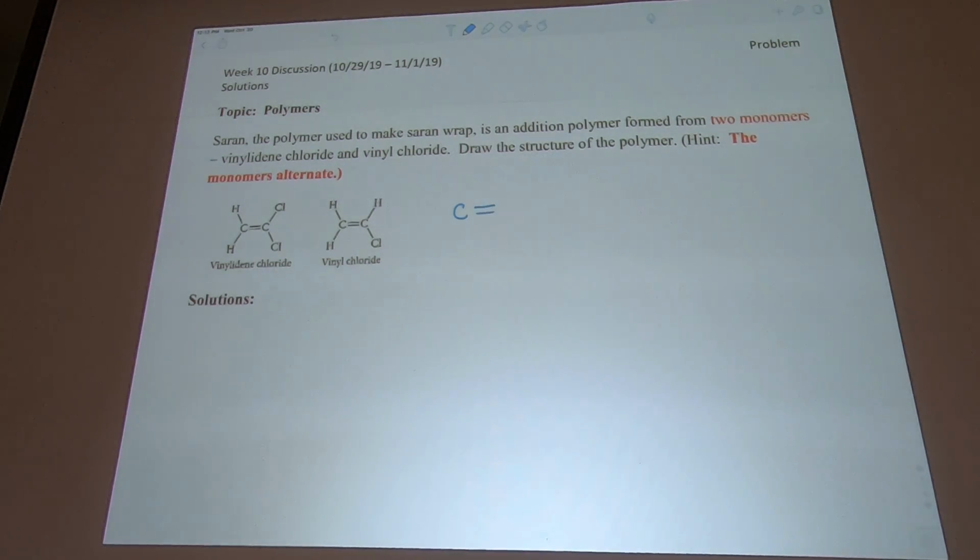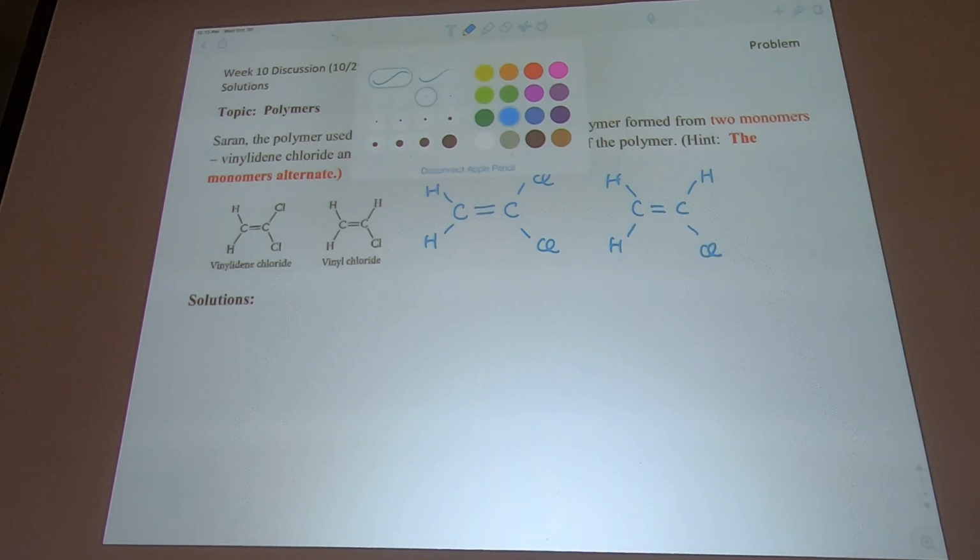Carbon with a double bond with carbon, with hydrogen here, and the chlorine. So that's, once again, I write it there, and then the C with chlorine here, and hydrogen. So I just simply rewrite what is written there, but what I want to do